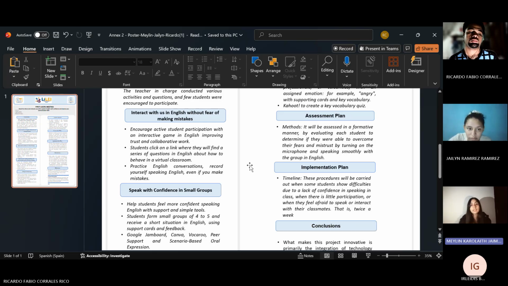The activity consists of an interactive online game where students will find a series of questions in English about how we should behave in a virtual classroom. The goal is for students to understand and experience how to overcome their fear of practicing in class.